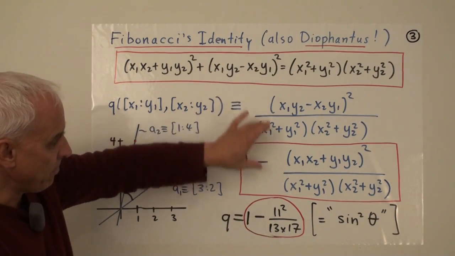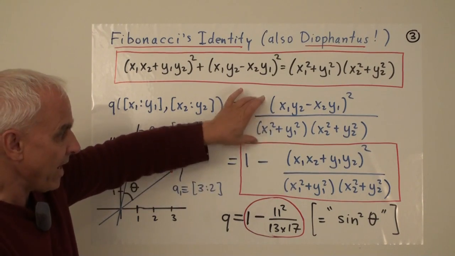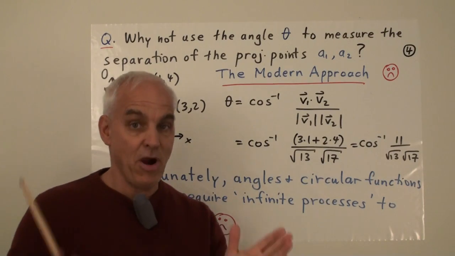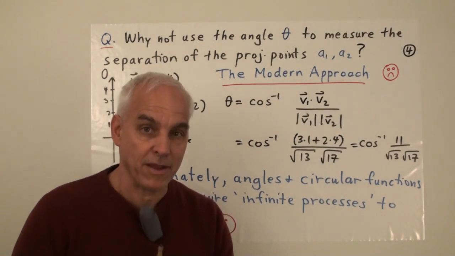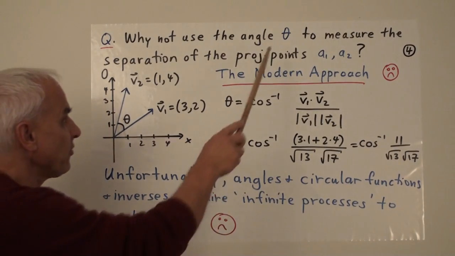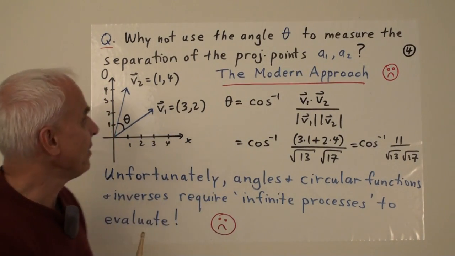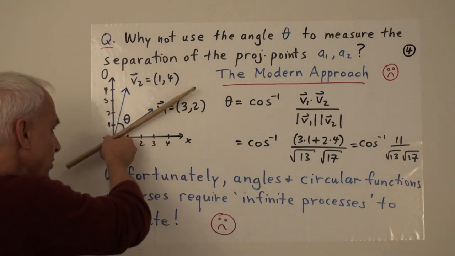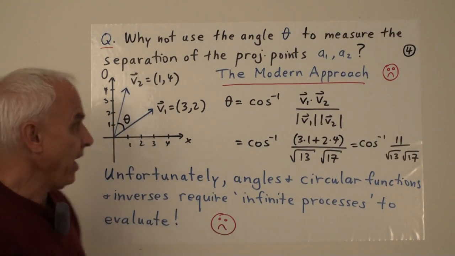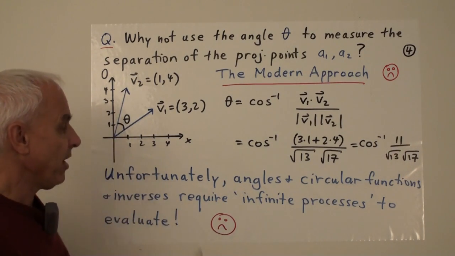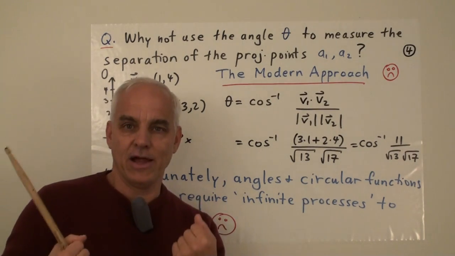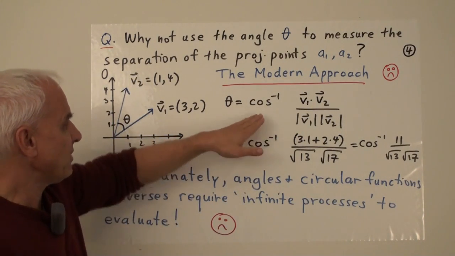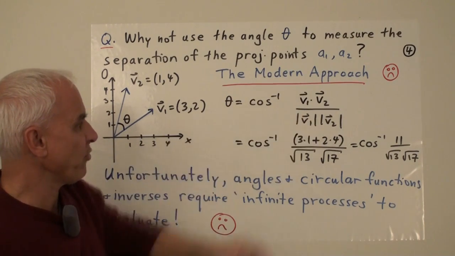Okay, so it's very important to keep both of these ways of thinking about the projective quadrance in mind. Since this is a departure from the way students would normally think, it's important to stress that there is a good reason why we don't use the angle theta to measure the separation of the two projective points A1 and A2. Although, yes, we can think about them as being lines to the origin, and classically there's an angle. In fact, the actual existence of this angle is highly problematic. And you can see that in terms of the standard derivation of the angle from the dot product.